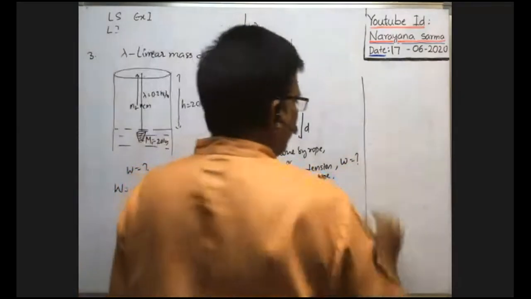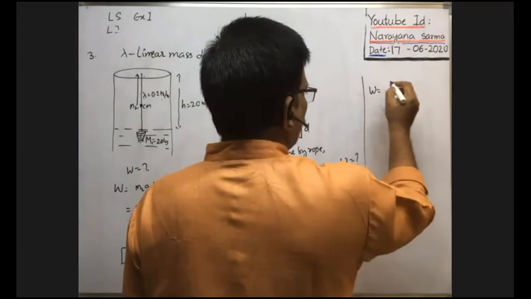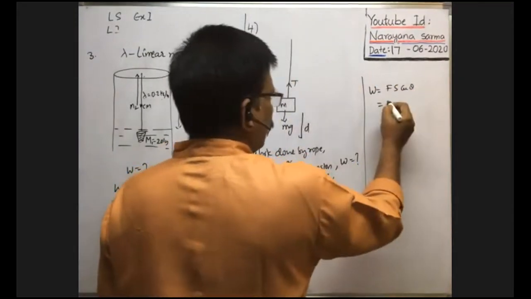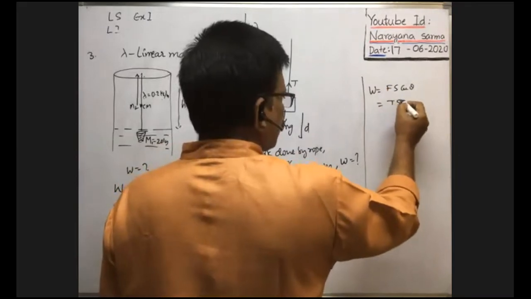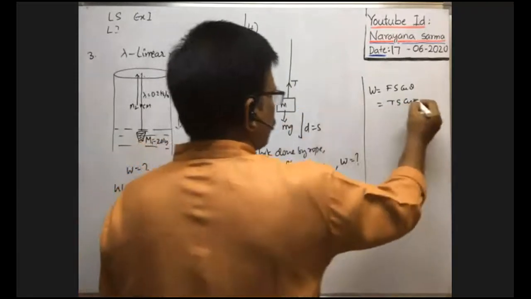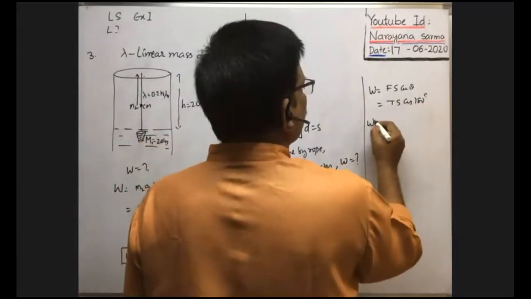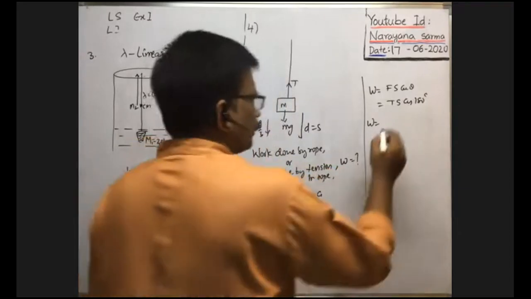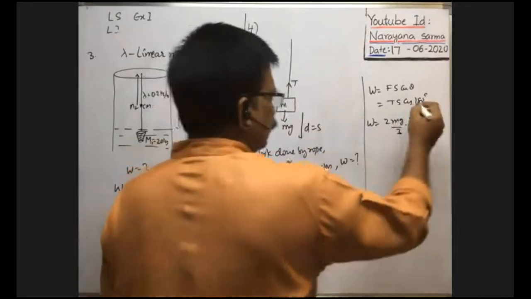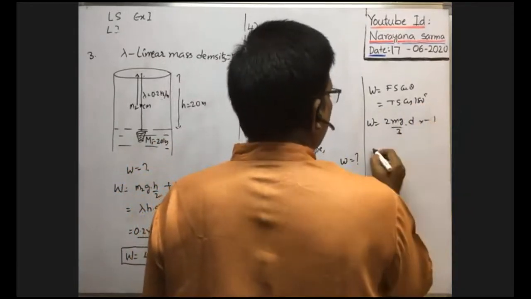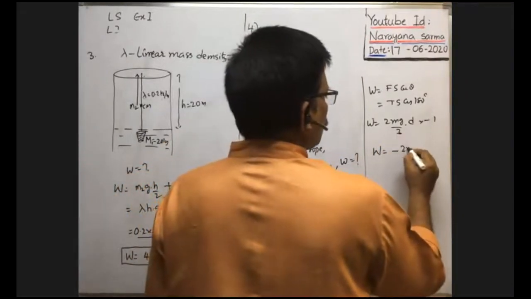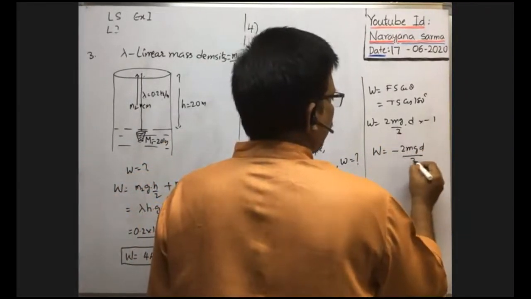Okay. Therefore, work done by tension, W, is equal to, general formula is Fs cos theta. F means tension T upwards, displacement downwards, into cos theta. Tension and displacement are both in opposite directions, that's why 180 degrees. Therefore, work done is equal to tension, 2mg by 3, into displacement d, into cos 180, which is minus 1. Therefore, work done by the rope or tension is equal to minus 2mgd by 3. It's a very, very important problem.